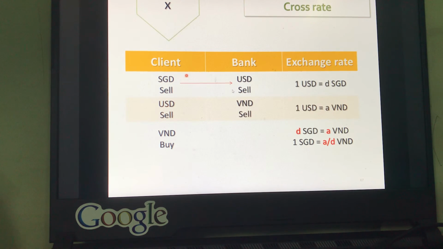Now we see how to compute X, because we do not yet know the cross rate. So when the client sells the commodity currency, the Singapore dollar, to the bank, the exchange rate of the Singapore dollar against the Vietnamese dong is not available,